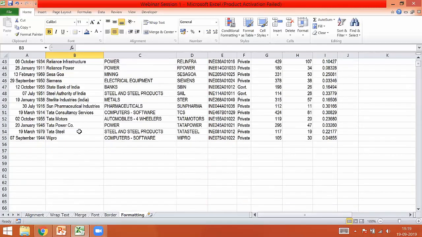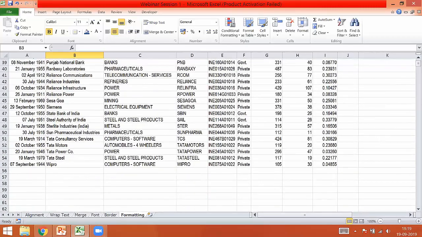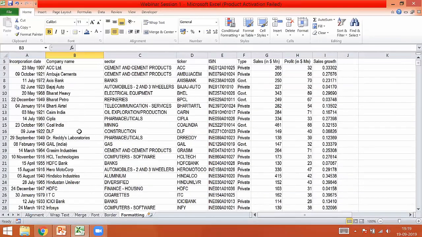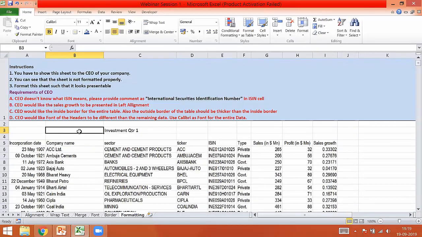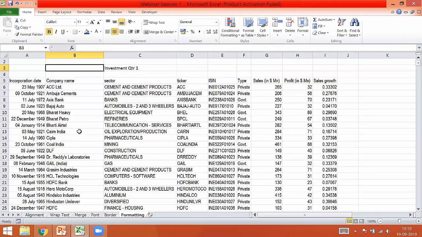Yes or no? Right. We have this data, but we don't have any headers differentiated from the data beneath. So I'll try to add borders, fill in colors, and make it a little more presentable.